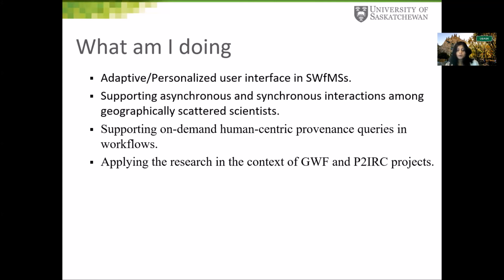So if you are working on a certain set of analytical tools, and if you want to follow some other scientists' research or tools, your interface will be populated based on your own preferred tools. That's why we are developing a machine learning based model to generate adaptive user interfaces in scientific workflow management systems. And we also realized that